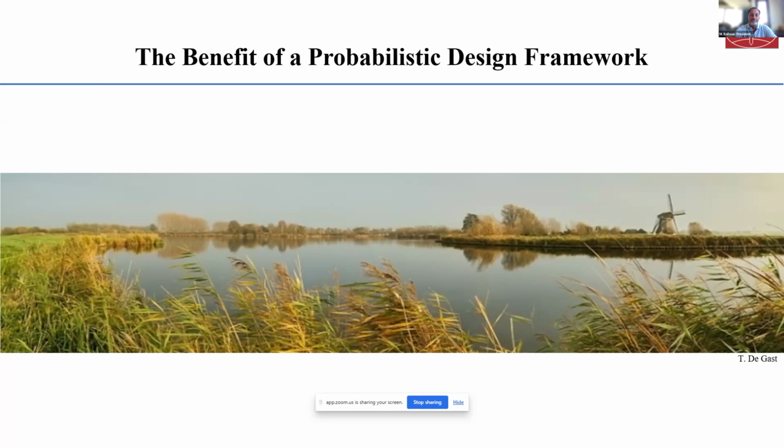Go ahead. Okay, so the theme that we are presenting, the 3 of us, is the benefit of a probabilistic design framework. This photograph is taken from an area called Leendert de Boerspolder in the Netherlands, and what you can see here in this picture are the crests of regional dikes, which are basically protecting low-lying land behind the dike crests from water. So these dikes you can see here on the land side, they're typically about 1.5 meters high.